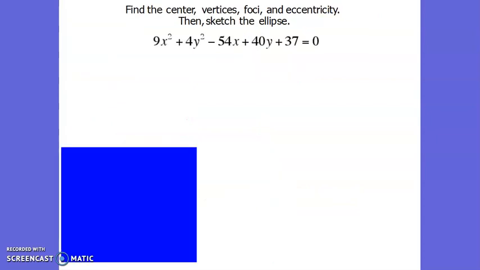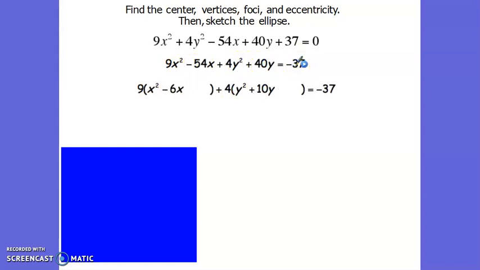Now, one other tricky part is if they give us a general form equation. We need to convert it into our more helpful sort of rational looking, those fractions added together sort of equation equal to 1. So given this equation up here, the first thing we're going to do is move that 37 to the other side. Then I'm going to group my x's and my y's, and I'm also going to factor out. I want to get x squared by itself and y squared by itself so that I have the opportunity to